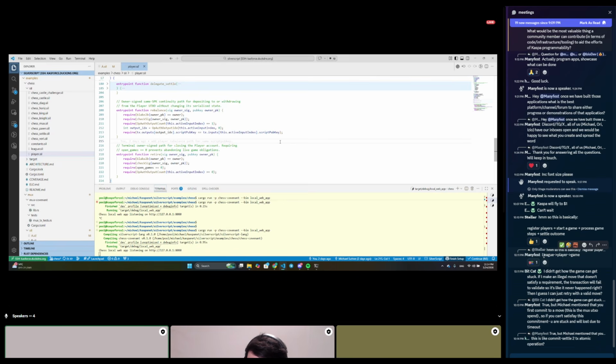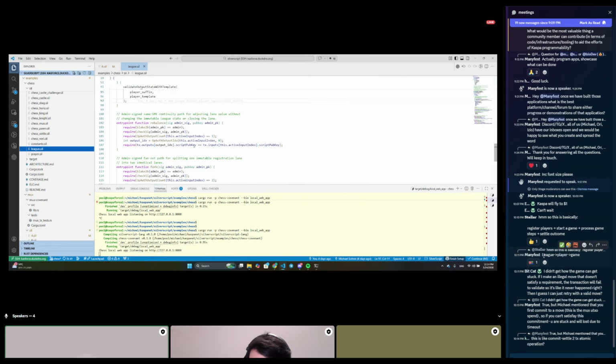I wanted to make the league permissionless. So when you create a UTXO for the league, there's an admin, but it doesn't have the option of consuming the UTXO and shutting it down. So once you create a UTXO, as an admin, you can try and extract Caspa value from it, but you have to keep that UTXO live. That's a logic you can see.